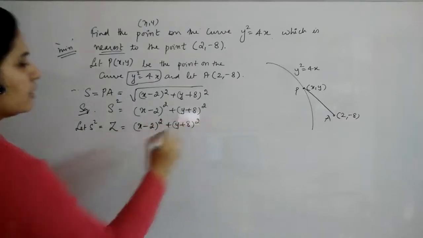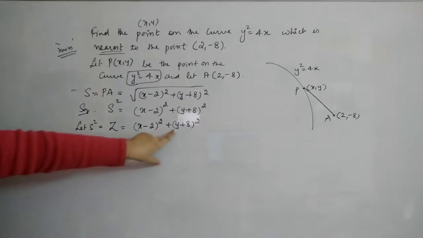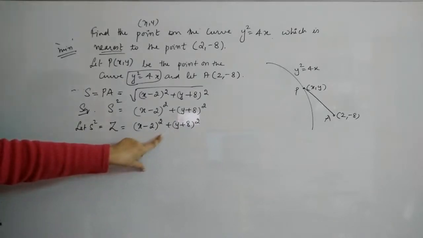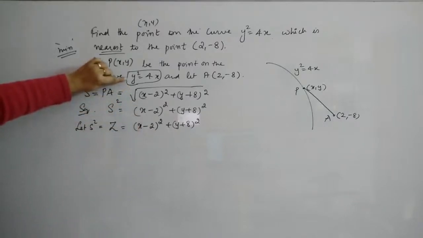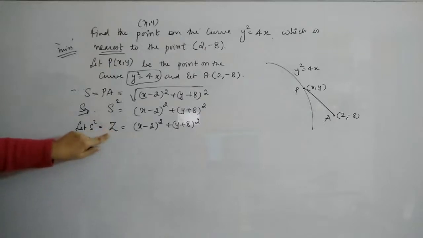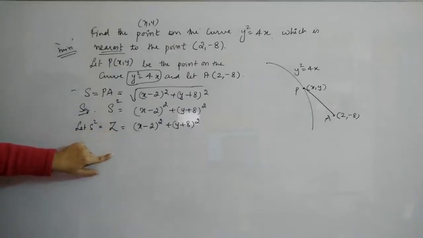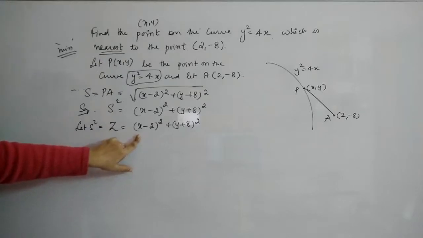Now, in order to differentiate this, we have to get this in only one variable, depending on the other one being the dependent variable. So we are using this concept to change this. Depending on that, you have to differentiate with respect to the variable which is here.